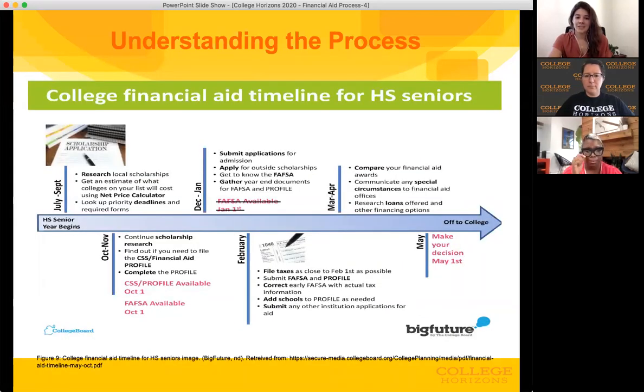And then understanding the process a little more, talking about just the timeline here. So starting this summer, before your student is entering their senior year of high school, we're working with them today in our small groups to really research local scholarships and to understand that they can start getting estimates of what college can cost now. There's a tool called the Net Price Calculator that's required to be on every single college's website. If you have trouble finding it, just go to the search bar and search Net Price Calculator, and it should pull it right up for you